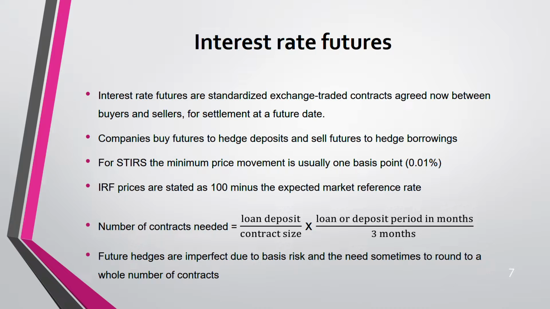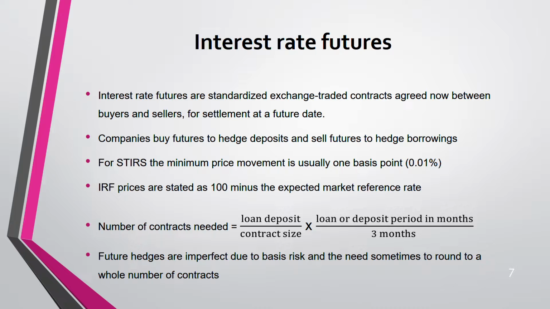Remember, same like there, here also, futures are not perfect. You might have imperfection. Why? Basis risk. And the other one is due to rounding the whole number of contracts. If you are getting the contracts in terms of decimal, 98.2, you might take 98 contracts, right? So that 0.2 you have to hedge using something else. You didn't hedge this amount entirely perfectly, right? So one is due to rounding of whole number of contracts, the other one is basis risk. Understand only these two things.